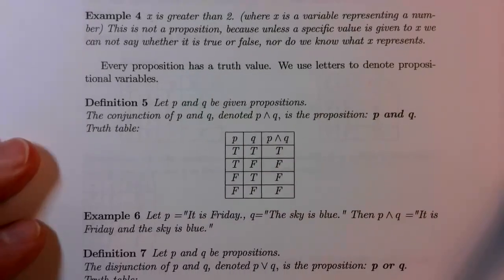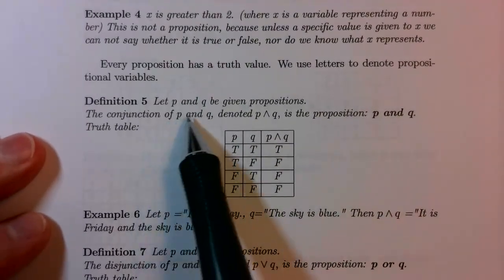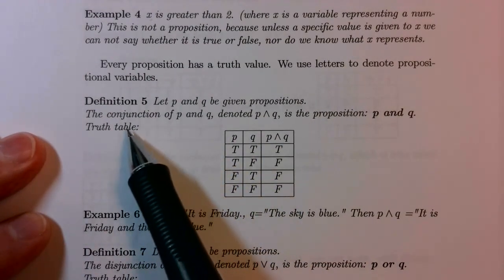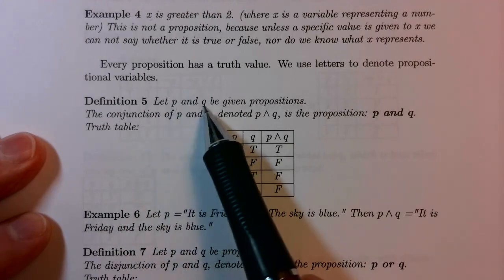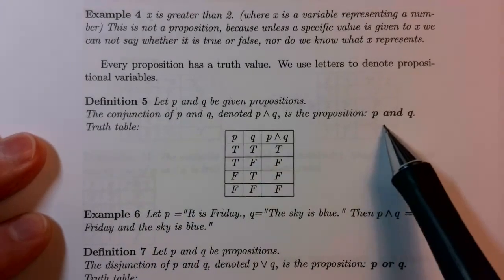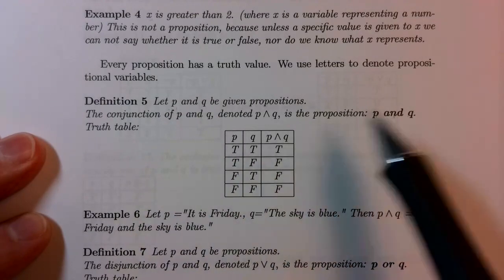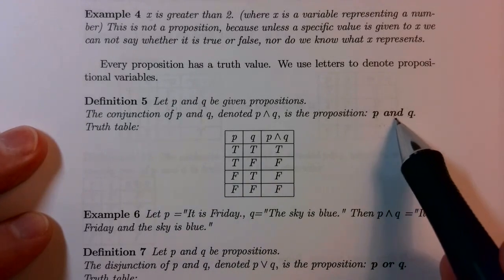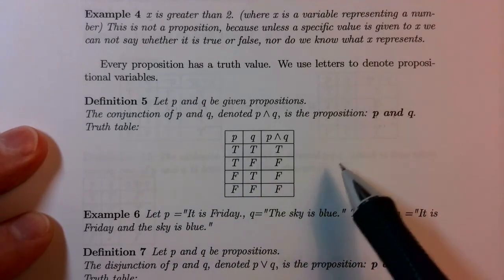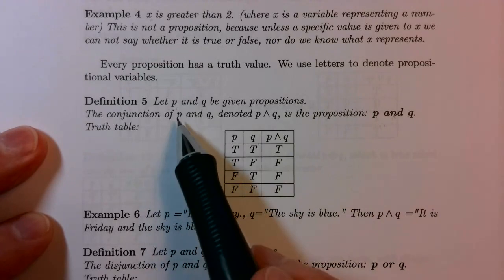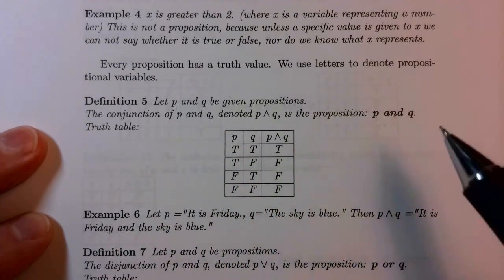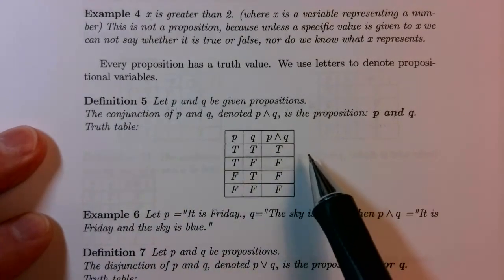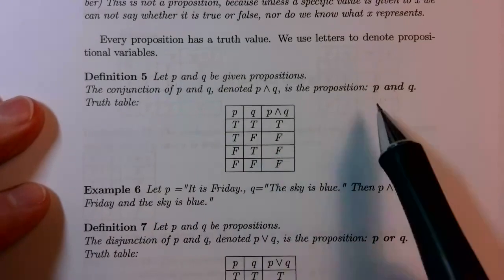In the next definition, we use letters to represent propositions. If we have two given propositions P and Q, we can form a new proposition simply by putting the connective word and between P and Q. This way, using two given propositions, we form a third proposition called the conjunction of P and Q. The new proposition P and Q